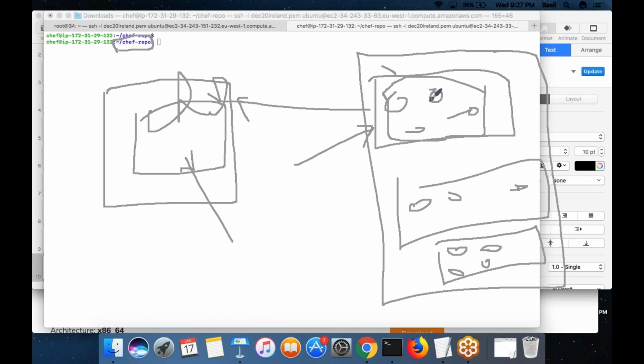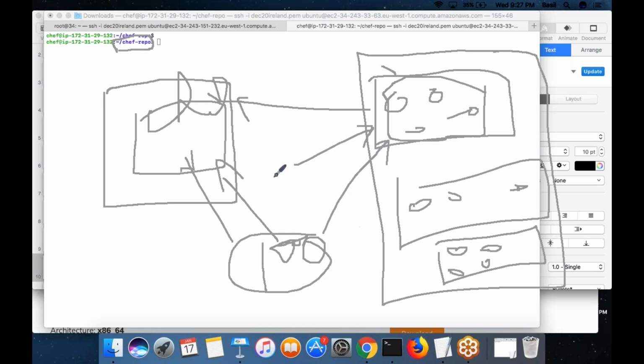Or sometimes you want to add an extra 100 machines into your infrastructure. 100 web server machines you want to add. What you would simply do is tell chef that these 100 machines belong to a particular role. Then chef server would have already defined the run list for the role, and whatever recipes come under that run list will be applied on all the 100 machines before they are added to the infrastructure.